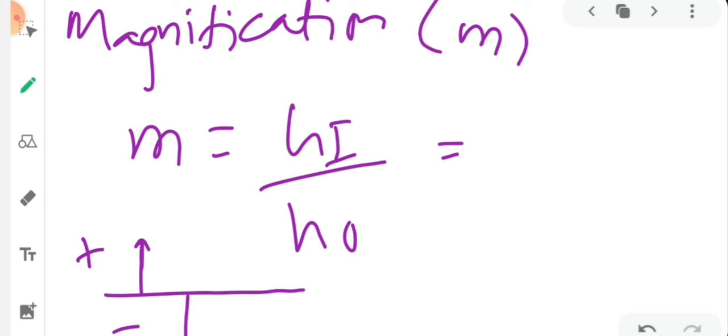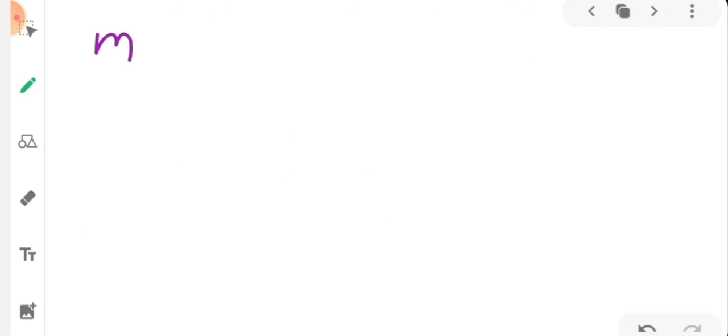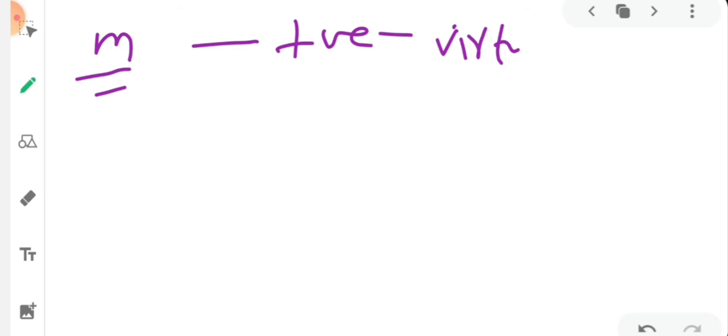So the linear magnification produced by the convex mirror can be defined with the ratio of the height of the image to the height of the object itself, and finally, when we give the significance, that would be minus v by u. So what is the significance of m there? We told that m is positive if the image... now let us talk about it. m is positive when the image is virtual and erect.